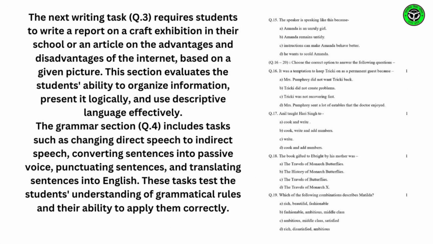The next writing task, Q3, requires students to write a report on a craft exhibition in their school or an article on the advantages and disadvantages of the Internet. Based on a given picture, this section evaluates the student's ability to organize information, present it logically, and use descriptive language effectively. The grammar section,